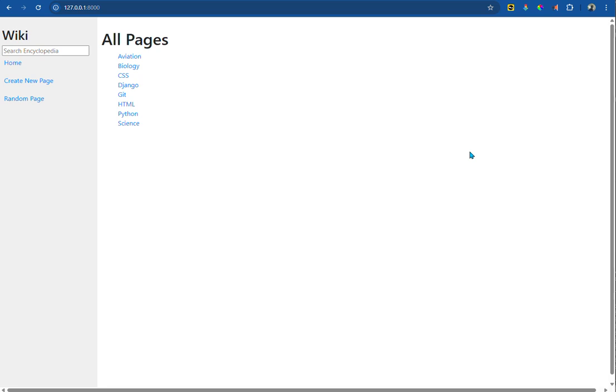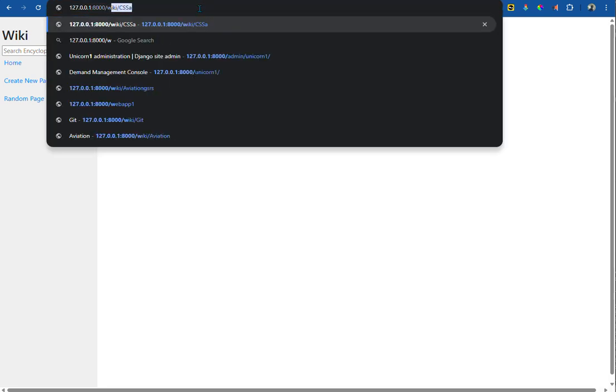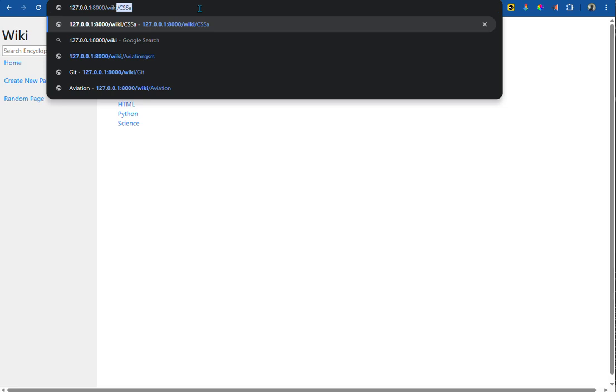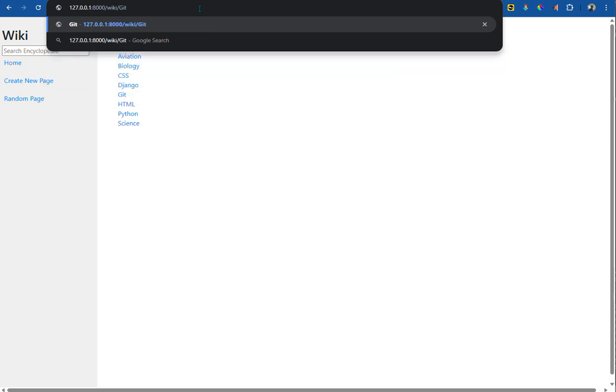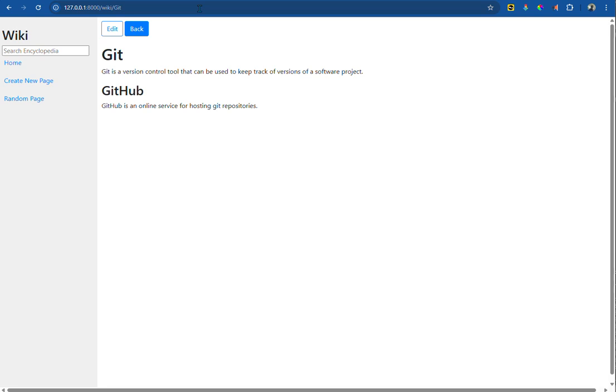Well, the specification in Wiki requires us to visit wiki/title, an entry page, where title is the title of an encyclopedia entry and should render a page that displays the contents of that encyclopedia entry. So if we visit, for example, let's say /wiki/git, we can access that page